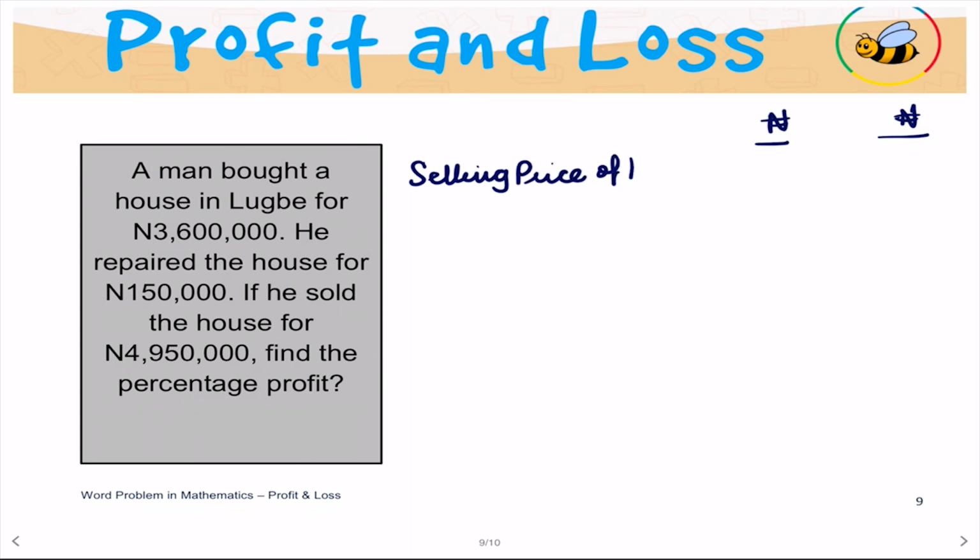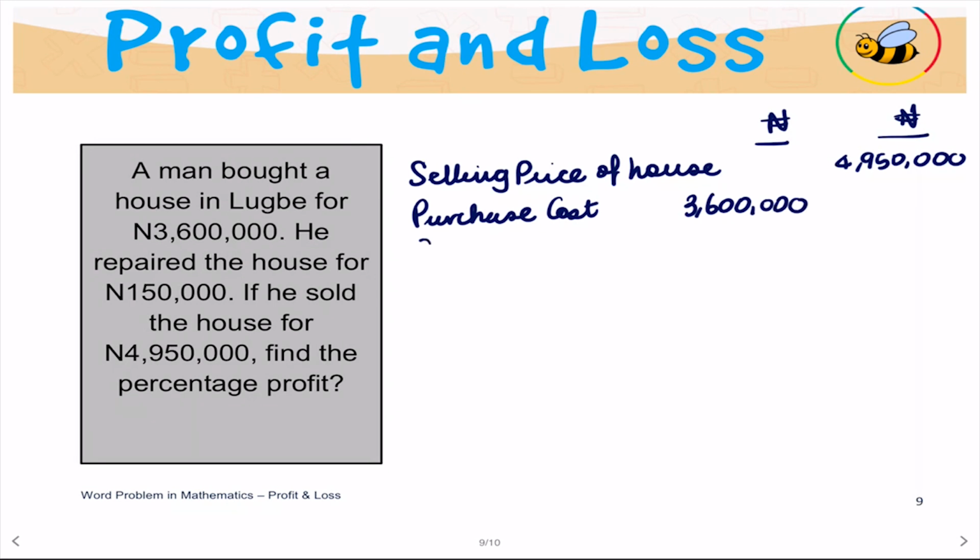Selling price of the house is 4,950,000. Okay, we are told the purchase cost is 3,600,000. We are told the cost of repairs is